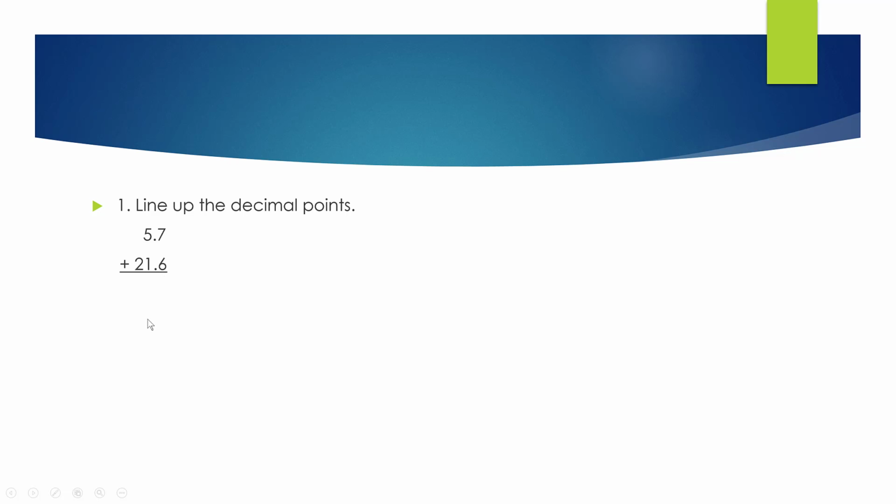Who knows 7 plus 6? That's right. It is 13. Exactly. 3 goes down here. A 1 goes up. Let's do it. Okay, 3 goes down. 1 goes up. We carry over the 1. 5 plus 1 equals 6, plus that 1 that we carried over is 7. And then 2 plus nothing is 2. And that's